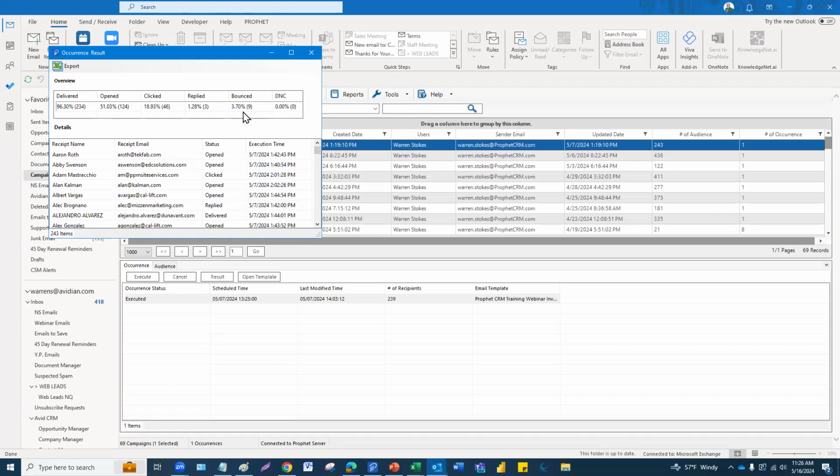So that's important, because no matter what system you're on, even just your own email, if you keep sending emails to email addresses that bounce, it's a problem. You could get flagged. And by flagged, I mean kind of flagged as potential spam by the recipient or even your own server. The DNC means do not contact. That is a metric of the unsubscribe rate or percentage and number. There is an unsubscribe feature built into the Profit Campaign Manager. So the upside is you tend to get very high delivery rates and thus open and engagement rates like click-through